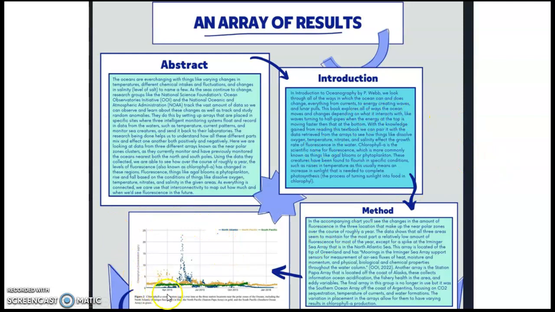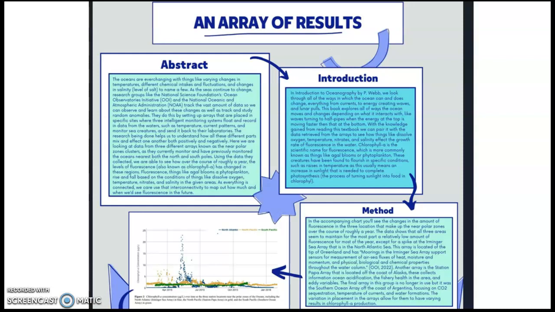So in this chart you can see the rates in which the fluorescents show up over the course of roughly a year. In the blue you have the Imager Sea Array, in the gold you have the Station Papa Array, and in the green you have the South Pacific Array. And as you can see, the Imager Sea Array has a spike between April and July, which shows on the chart there,